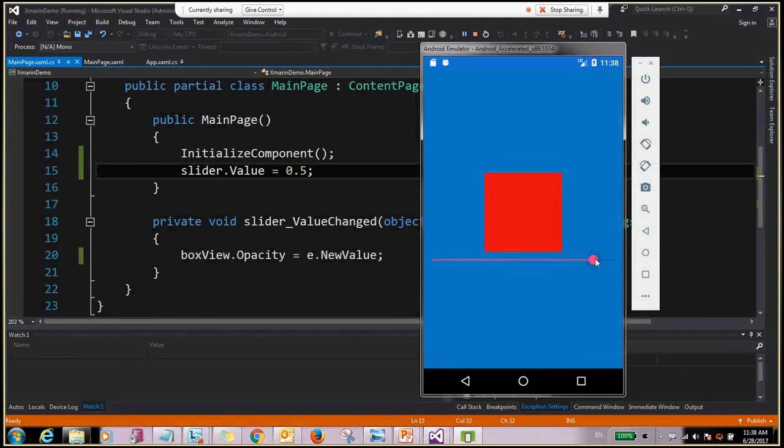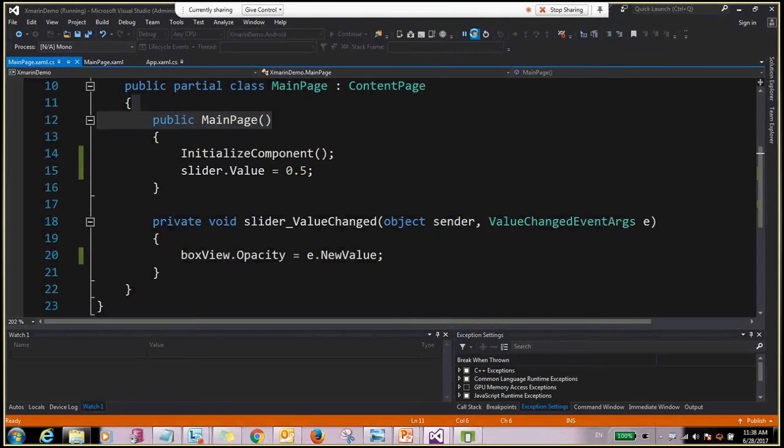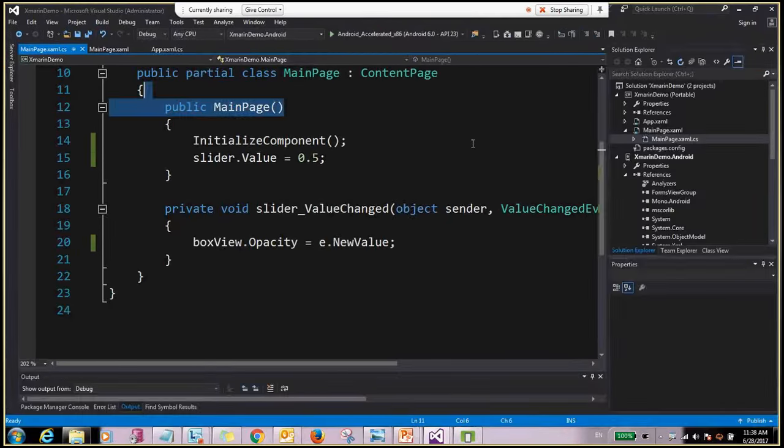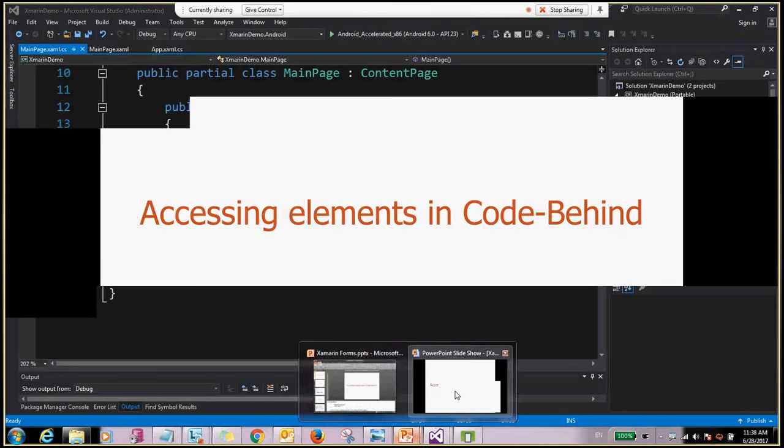You see that these change according to the slider. So that's how the elements are accessed from the code behind. Okay,